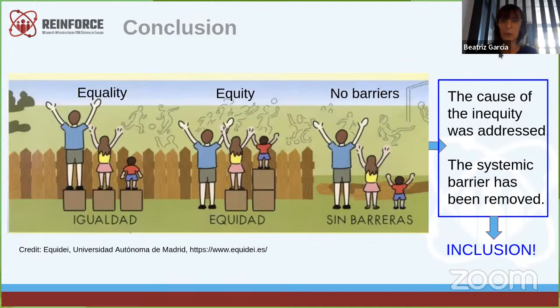You can give the tools, and also we can distribute the tools according to the different approaches to the nature, and you can assure equity. But to talk about inclusion, you need to remove all the barriers. And that is what we try to do with Sono Uno, with our participation in Rainforest and with the volunteers in the project.